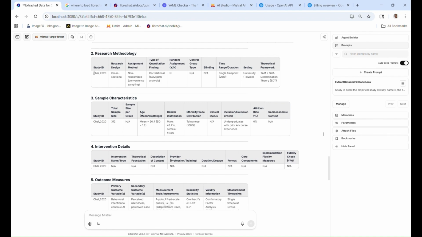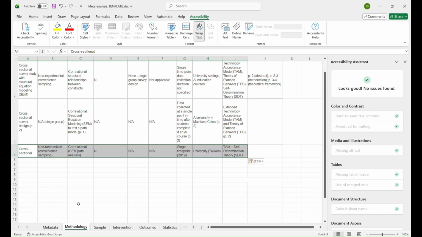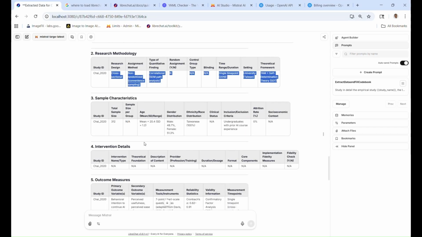So again, because it doesn't have the, I'll just select this and put it here so that it matches up. And now you have the information about the research methodology used in the study, and this will help us to generate the reliability table by the human rater. Okay, so this, I believe, overall gives you an idea as to how to use this tool